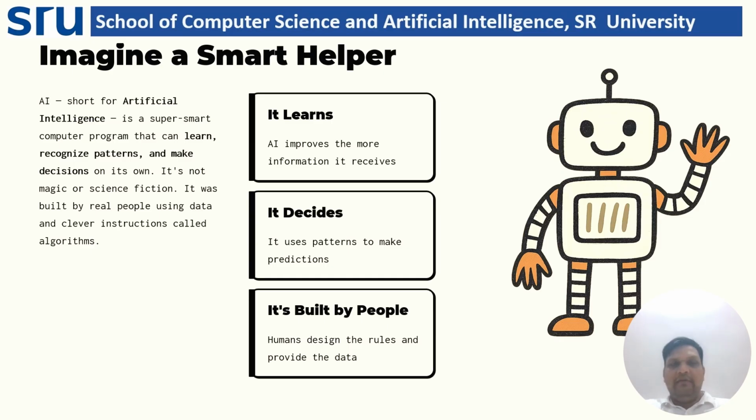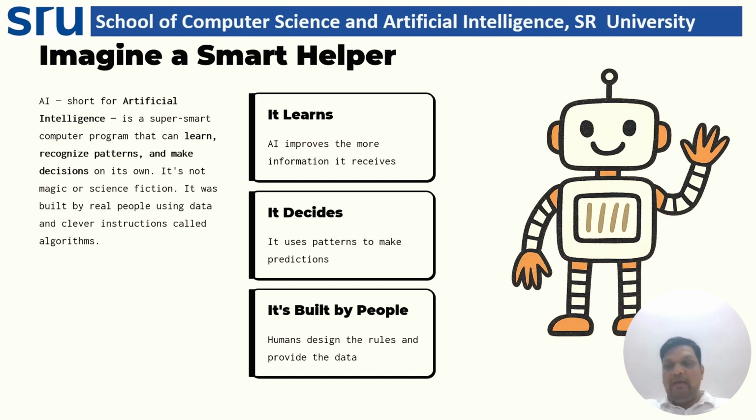It learns. It means AI improves the more information it receives. It decides. It uses patterns to make predictions. It's built by people. Humans design the rules and provide the data. In other words, we can say that